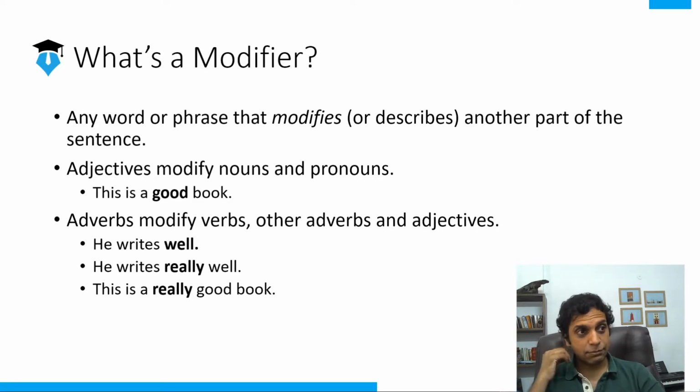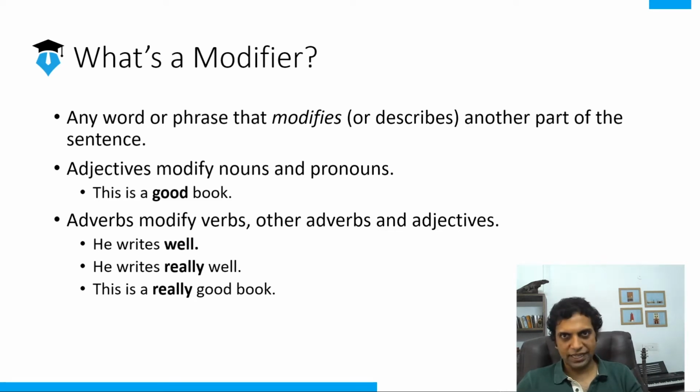Now, let's take the last example here. This is a really good book. So you've said this is a good book. How good? So again, now how good is you're trying to add more information about how good it is, about the adjective here. So when you say this is a really good book, you're essentially adding more information about the adjective. You're modifying the adjective here. Therefore, adverbs can modify adjectives. And again, the same thing applies. This is a really good book. This is a really fantastically well written book. So that's the crux of what adjectives and adverbs are.